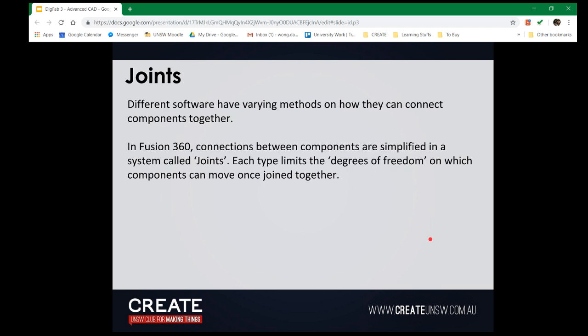Okay? In order to do that, what you need to understand is what is a joint. I keep saying that. And joints basically allow us to join multiple parts together. I know it sounds weird. Well, we can join multiple components together, okay? And what we're doing is we're limiting what's called the degrees of freedom, okay? We're limiting their rights, okay? We're going to limit the degrees of freedom so that they can only move in certain ways, okay? For example,